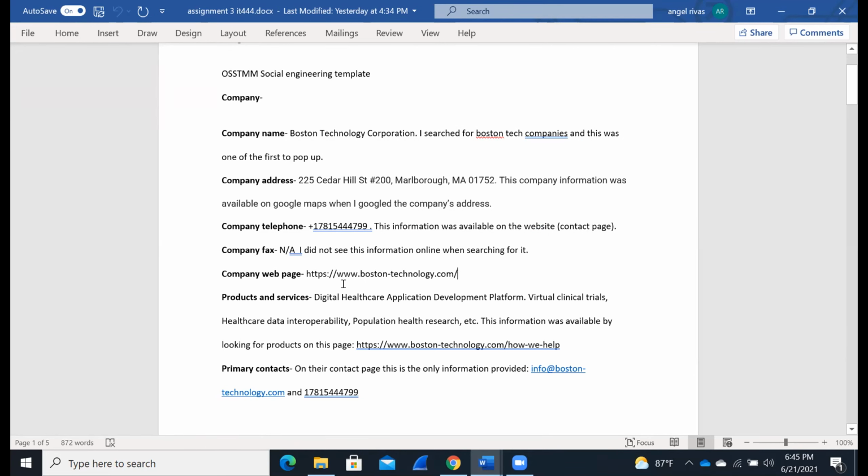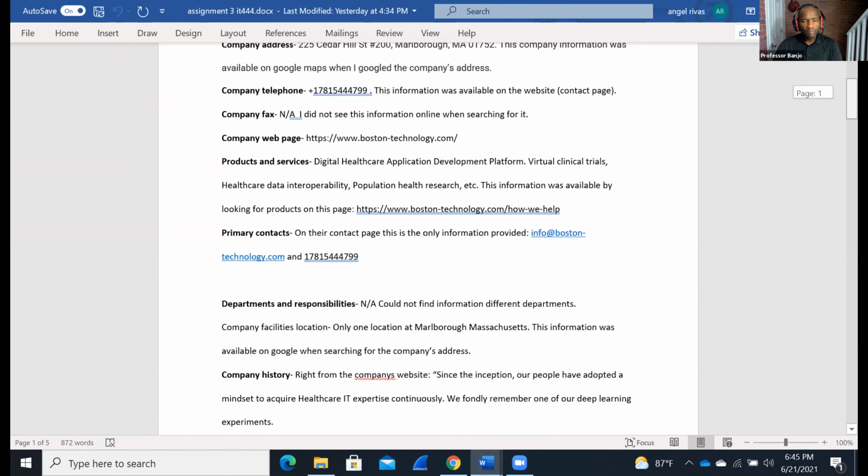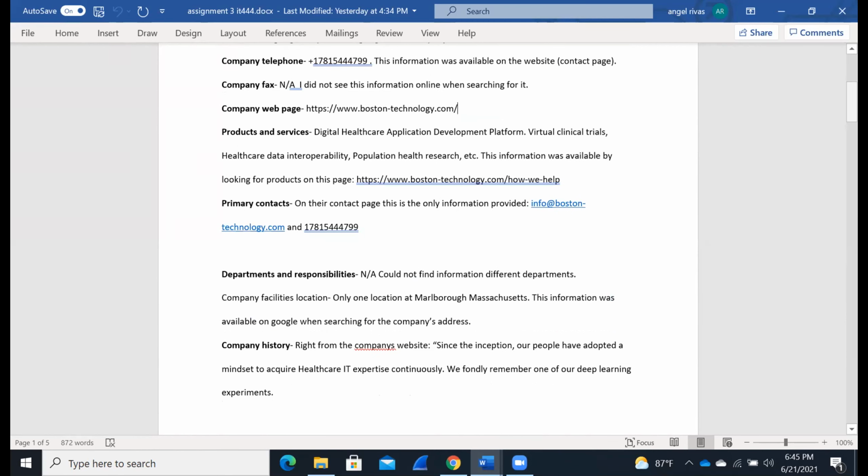So they had a lot of products related to data, and their platform helps to kind of make a bridge between healthcare data and health research. So a lot of everything health related. So that's the products and services they provide. And then I got contact information, their main email account if you want more information, phone number.